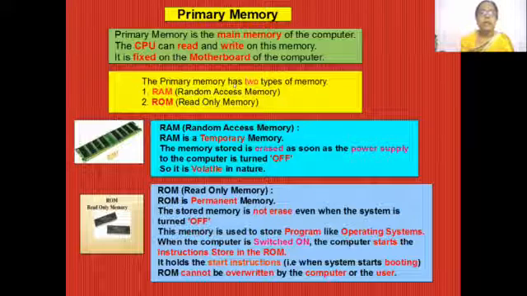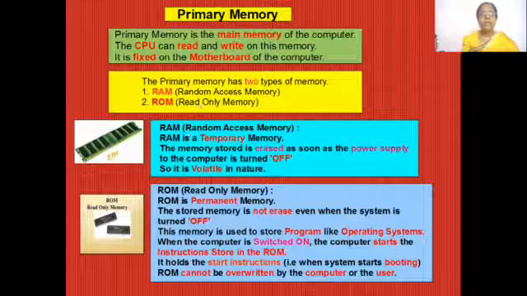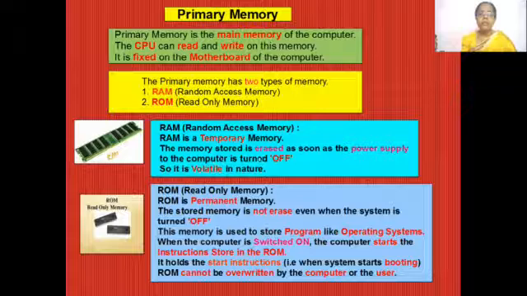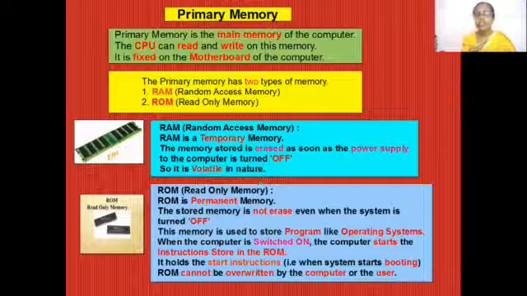The primary memory has two, as I told you, RAM and ROM. Let's see what RAM is. RAM looks like this. This is fixed in the motherboard. This also is fixed in the motherboard. These are called memory cards. RAM means random access memory card. RAM is a temporary memory. That means whatever you type, when you don't store it, is held in the RAM memory. The memory is erased as soon as the power supply is turned off. It is volatile in nature. Volatile means it's erased. It does not stay at all. So RAM is temporary memory. It gets erased once the power supply is switched off, and it is volatile in nature.